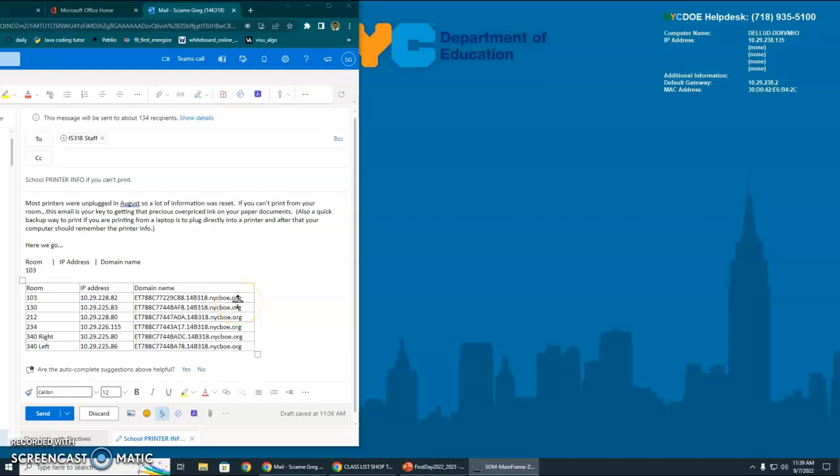I'm in room 119 and I'm going to show you how to add a printer to your machine if you can't print currently. A lot of people can't print because the printers got unplugged in August. So here we go. You have to go to the Windows icon in the bottom left corner